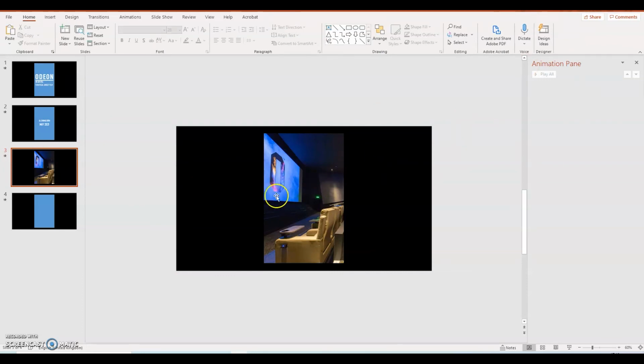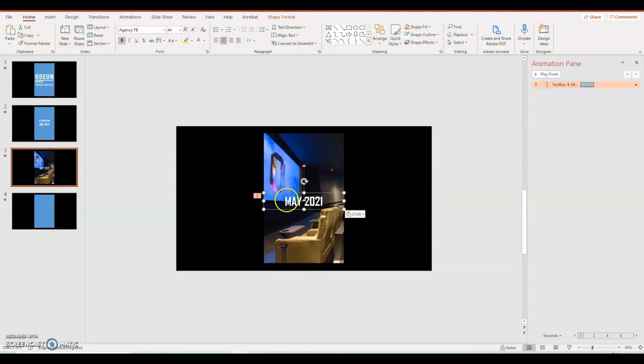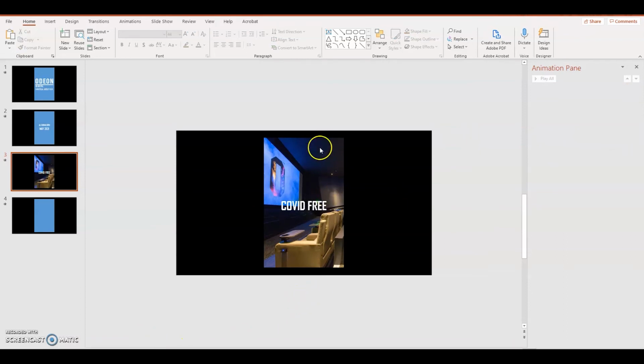This one here I'm going to have is COVID free, so I'm going to copy this text box once more and I'm going to change that to say COVID free. Again, remember there's animation on here, so I'm going to remove the animation. There is no animation in this slide for me, so I'm now going to add some images onto this as well, just to make it feel more COVID free, more health and just to emphasise the health and safety aspect